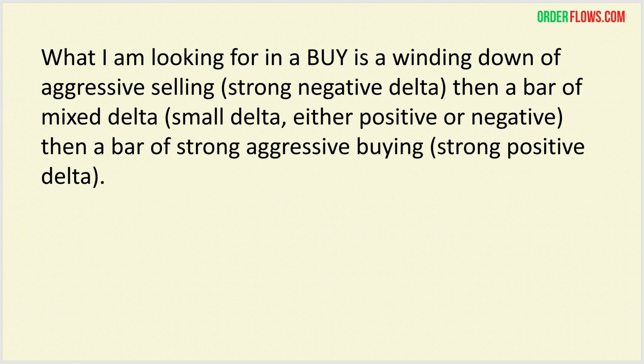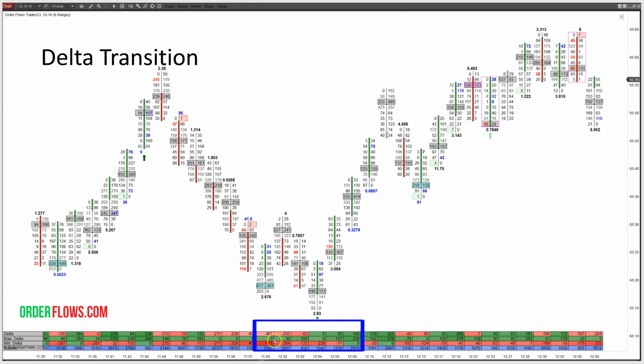So what I'm looking for in a buy is a winding down of aggressive selling, a strong negative delta, then a bar of mixed delta, small delta, positive or negative, doesn't matter, then a bar of strong aggressive buying, strong delta. So again, this is over several bars, but really you can sort of key in on the 3 bars here in the middle: minus 62, small delta, positive 8, then strong positive delta 93. In this case, you can see how it's just winding down: minus 461, minus 255, minus 62, small positive 8,